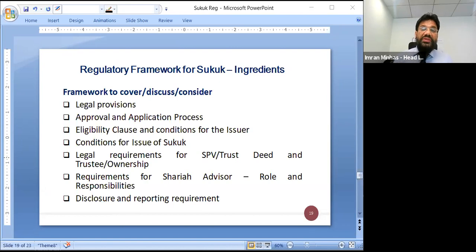Rules for the trustee are to be prescribed: who could be the eligible trustee, the approval requirement for the trustee, and maybe preconditions to be a trustee, like the trustee should not have any major interest in the Sukuk issuer or the originator or in the Sukuk or in the instruments. The trust deed relating to Sukuk must provide at least the key features of the Sukuk: profit rates, maturity dates, redemption schedule, denomination of the Sukuk, etc.